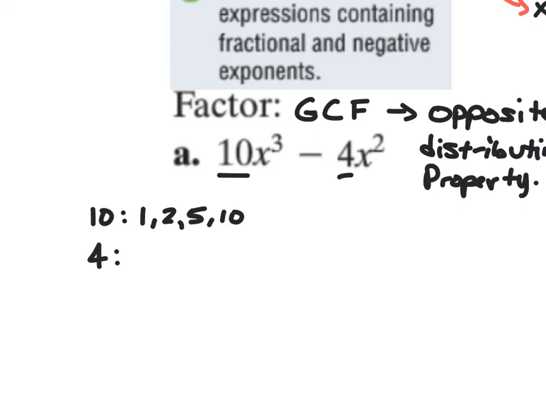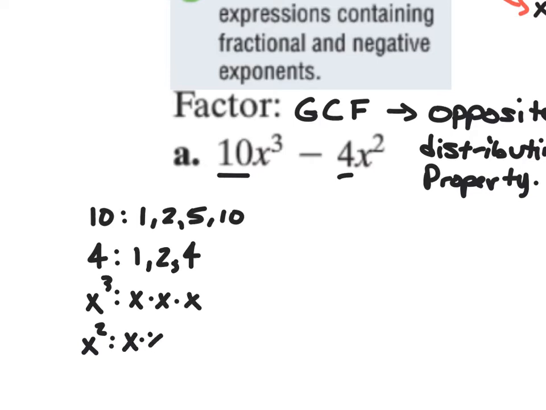Now, if we look at 4, 4 is going to have the numbers 1, 2, and 4, and that's it. All right, so those are the factors of that. All right, let's take a look at the factors of x cubed and x squared. Now, x cubed, the factors of that is x times x times x, and the factors of x squared is